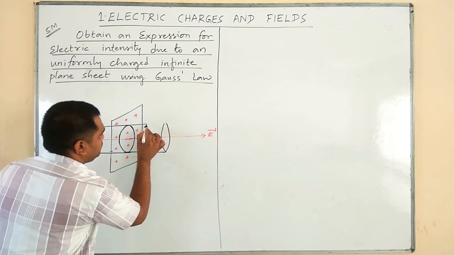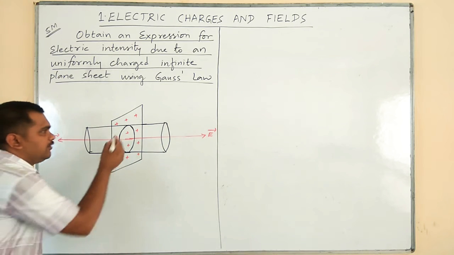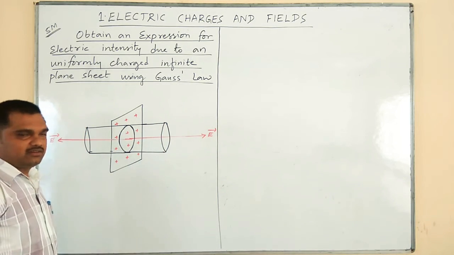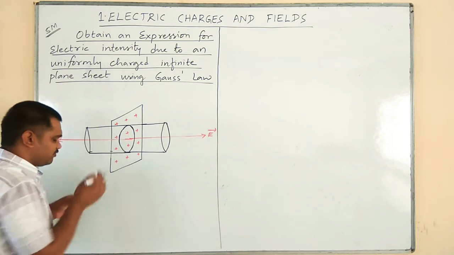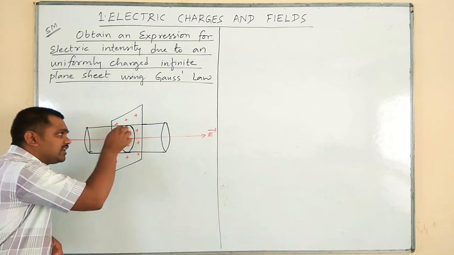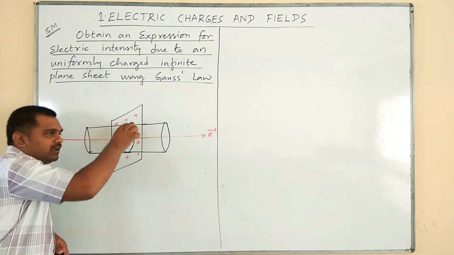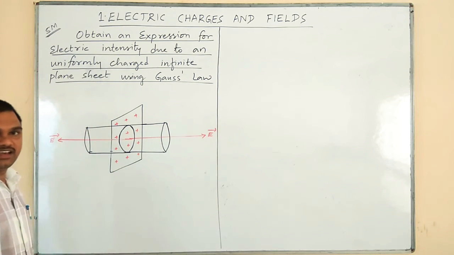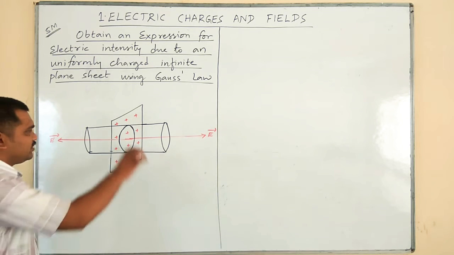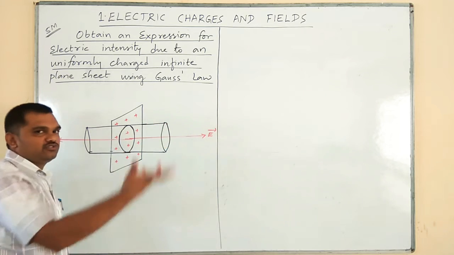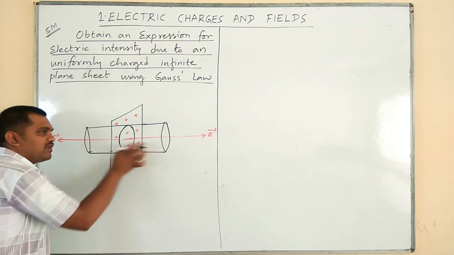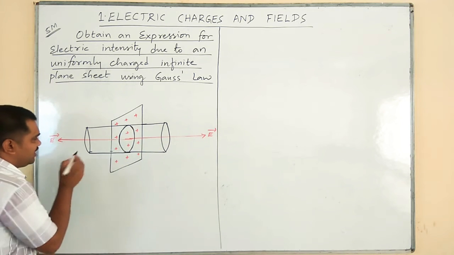Otherwise, if you take a small portion in the form of a rectangle, you can also consider one rectangular box. No matter, but one rule it has to follow: it has to be symmetrical with the charge distribution. Since I am taking the charge distribution in this way, I have taken one hollow cylinder here, which acts as the Gaussian surface or simply Gaussian cylinder. Instead of this, you can also take one cuboid, no problem. Now, here we can expect 3 areas, 2 flat areas and 1 curved area.